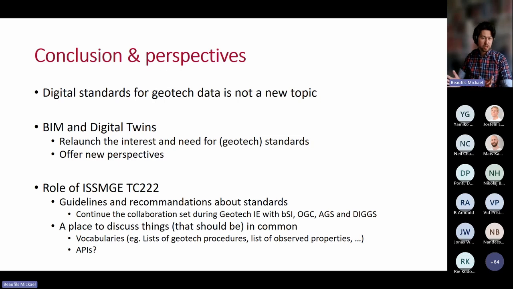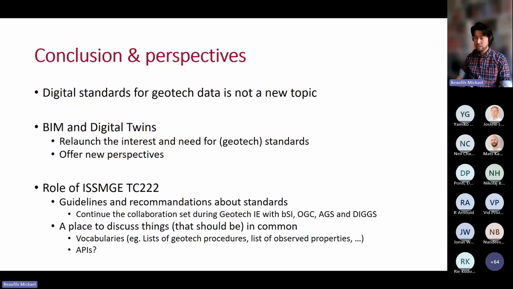There is another question about the role of ISSMGE TC222. In our terms of reference, we plan to continue to support the activity of standardization that was started in GeotechIE, especially in connection with buildingSMART, with OGC, AGS, and DIGS.